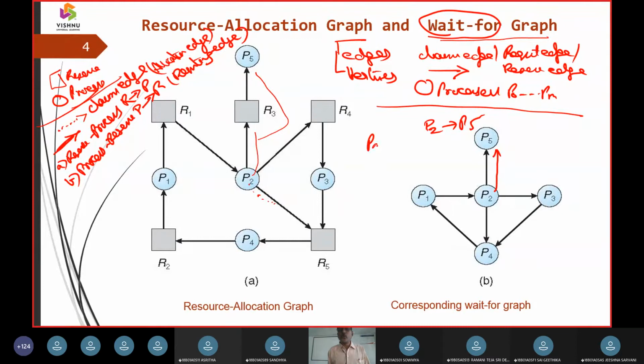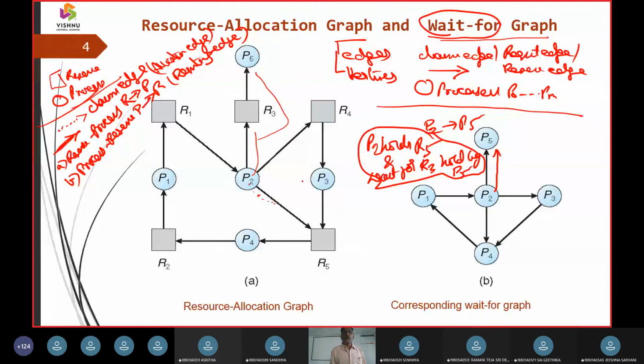So P2 holds the R5 resource, and it is going to wait for R3, held by P5. So this is the scenario we are going to focus on. P2 is going to hold R5, and it is going to wait for R3, and R3 is held by P5. That is the first scenario.